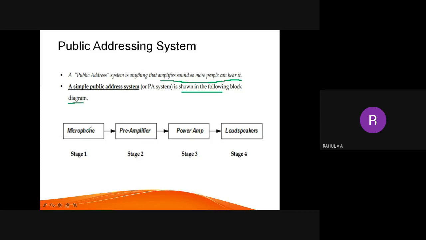If I simply go near the laptop and speak, nothing will happen, because the laptop is an electronic device, and whatever I am speaking is actually a sound wave. So there is no connection between the sound wave and the electrical signal. In order to connect them, we have to convert the sound wave into an electrical signal, so that further processing with the help of the electrical signal is possible. So a mic is used to convert sound wave into electrical signal.